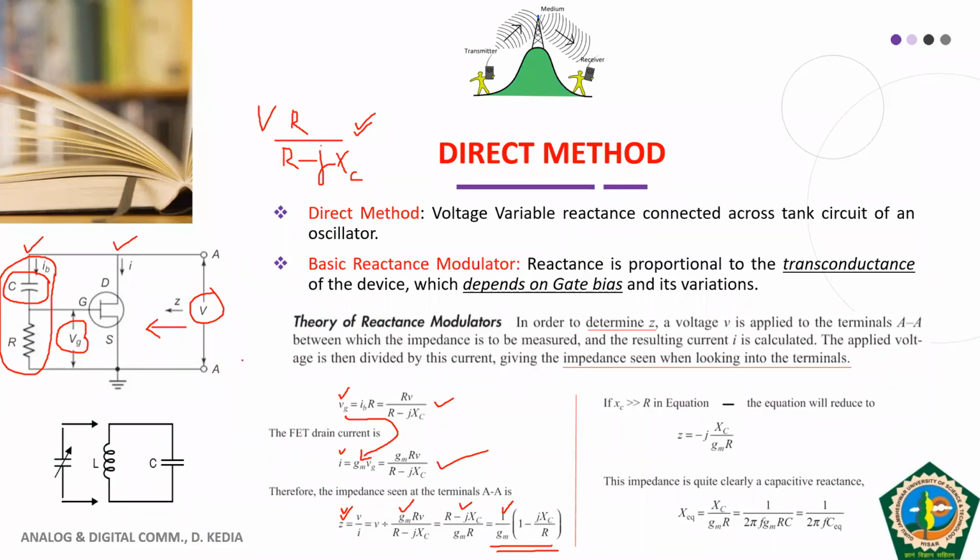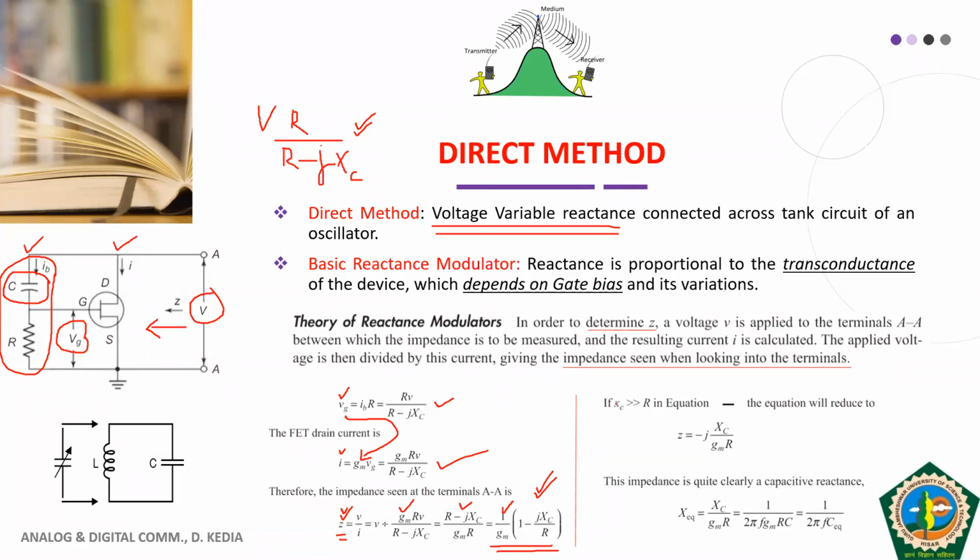Now see, we need to notice something more. This impedance Z, we want this impedance to be fully voltage variable. We want a voltage variable reactance. So obviously we need certain assumptions so that whatever additional components are present in this expression can be ignored or neglected. Here there is one approximation that we will have to assume so that we get voltage variable reactance.